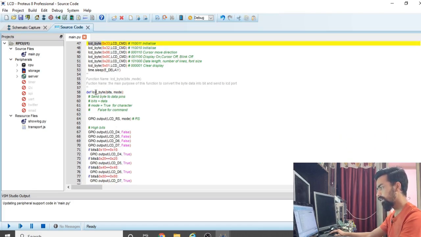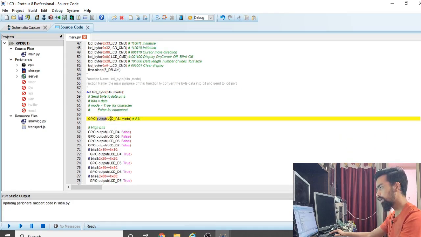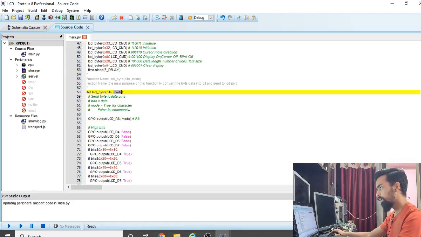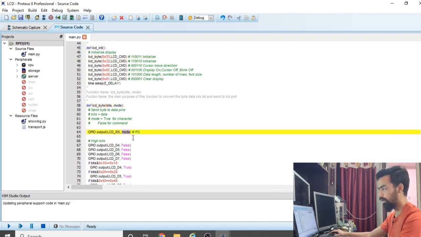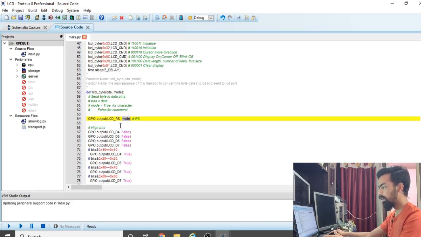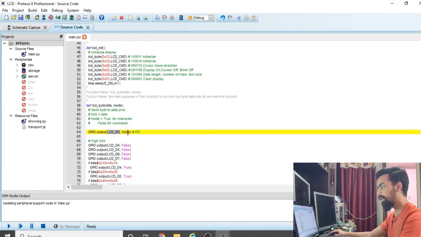Then after that here is gpio.output LCD RS pin, mode. So what is mode? We have sent mode here as the LCD command, which means this is the command mode. Whenever there is command mode, you have to select the RS pin, and the Raspberry Pi should send a 0 signal on that RS pin.